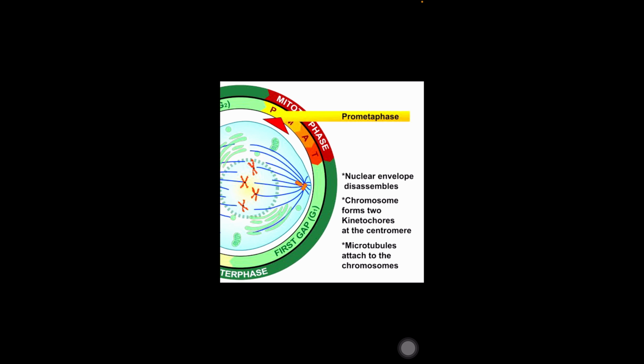So in telophase, a new nuclear envelope forms. Chromosomes unfold back into chromatin. Nuclei reappear. The cell continues to elongate, or elongate, however you want to pronounce it. Take notice. So we have the telophase here. We have elongation of the cells, and we also have,